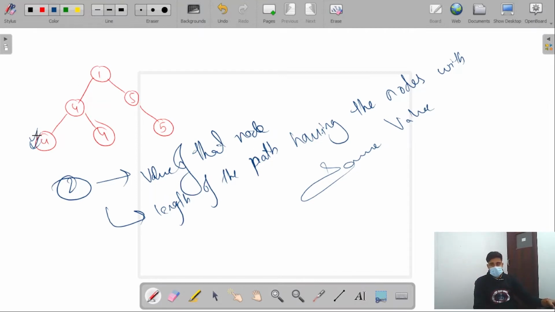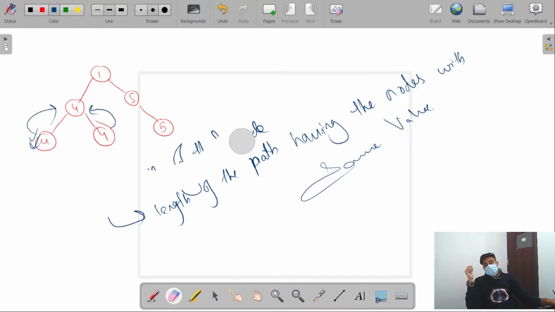We just need to tell, each node returns these two pieces of information to its parent. So this node returns such information to its parent. Similarly, this node returns this information to the parent. The moment a parent receives this information from its children, it tries to interpret it and then takes some decision. What decision it takes, let's try to understand it.